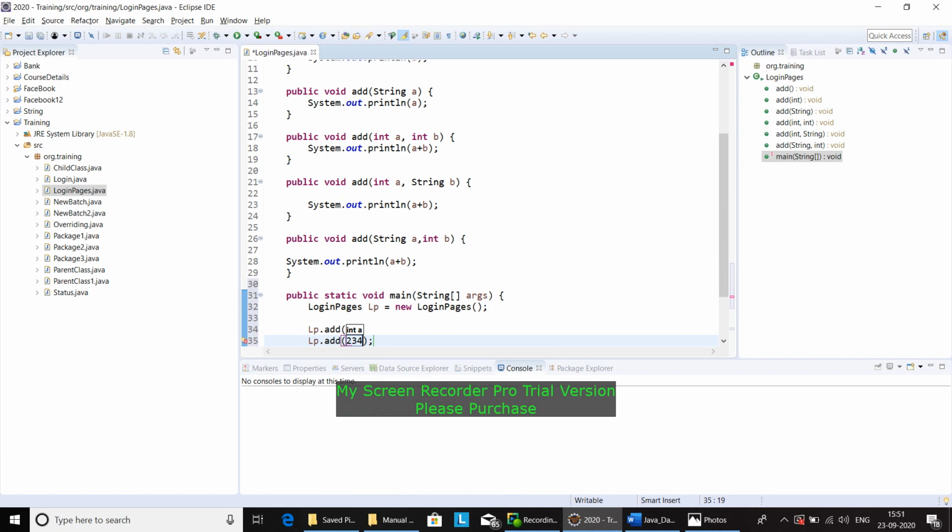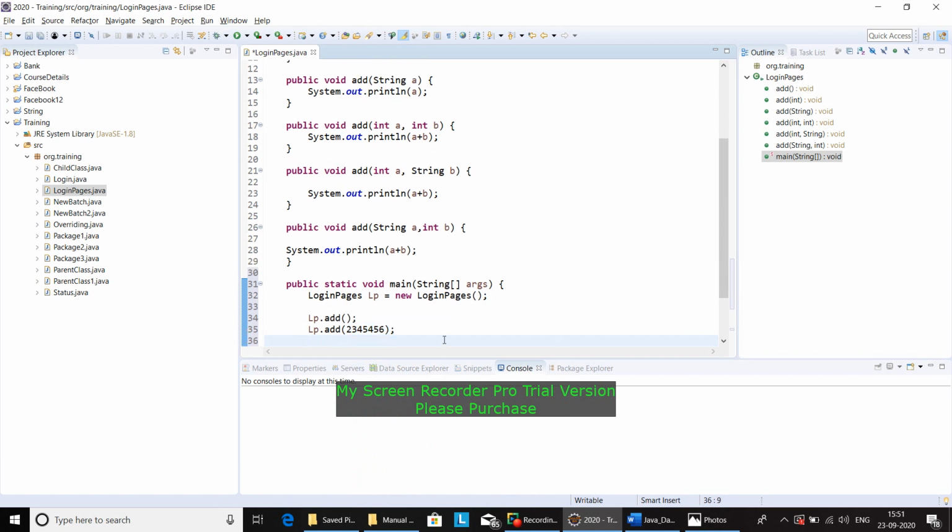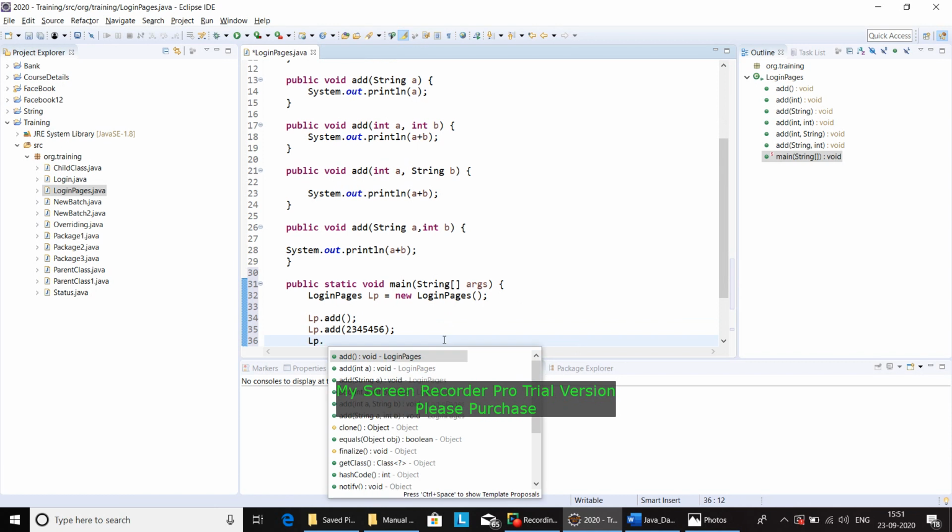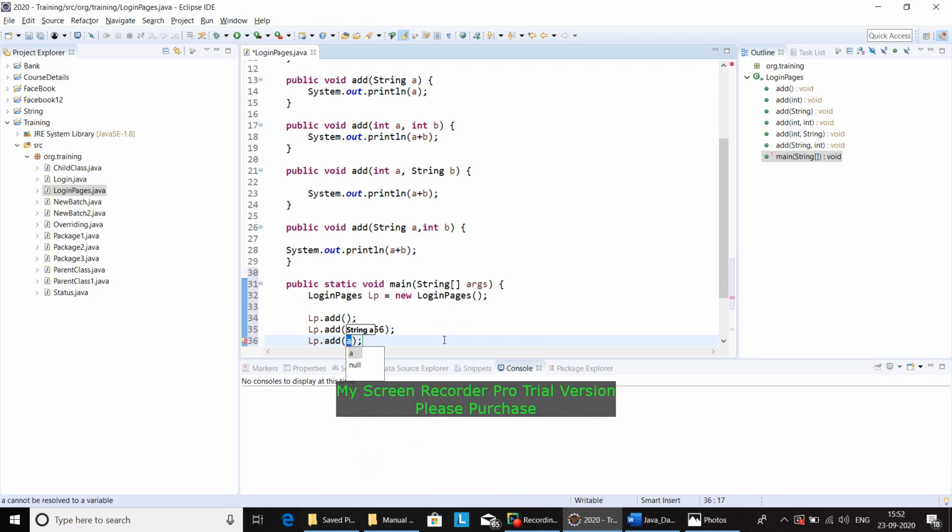Say for example I am giving some numbers. Now come down, LP. Next is string a. String means it's a word. Words should be given in double quotes. So inside this I will say hello.